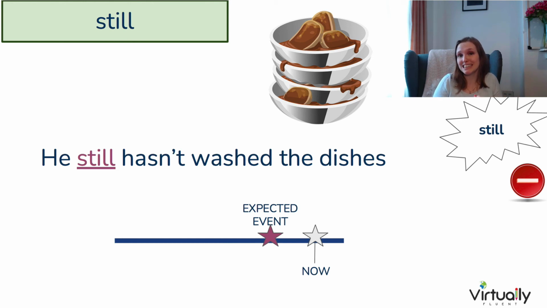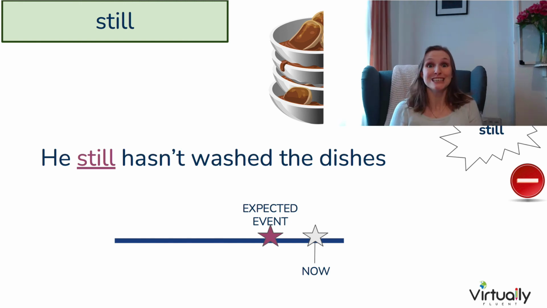But what you'll notice is that this is inserted in a different position. This is in between the subject and the auxiliary verb, completely different. He still hasn't washed the dishes, and you'll also notice that this is with a negative verb typically. You could use this in questions, although it sounds a little odd and it's probably not used in affirmative sentences. So hopefully all of these keywords will help you explain exactly when an event happened a little bit better when we use the present perfect tense.